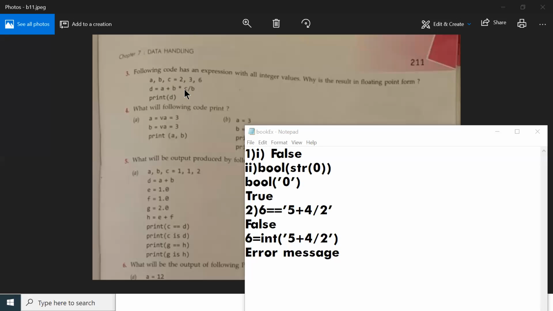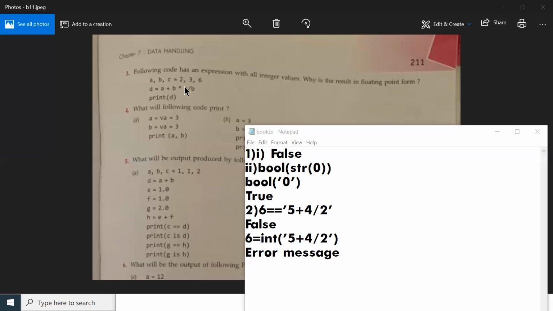However, when you divide the value by b, the result of division is always a floating point value. So when I'm having numbers of different data types, what will happen? Automatic type conversion, type promotion, takes place.